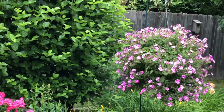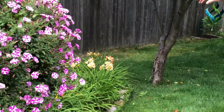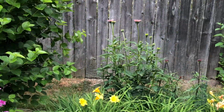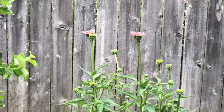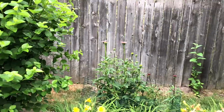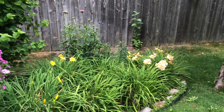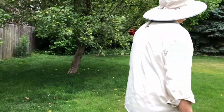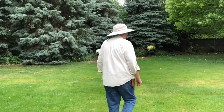I wanted to show you here in the back, this is echinacea or coneflowers, just now starting to get some blooms opening up at the top here the last of June. Those are perennials, and we've had those for 2 or 3 years. Now as we walk toward the back of the yard,